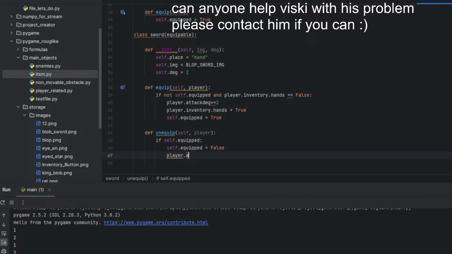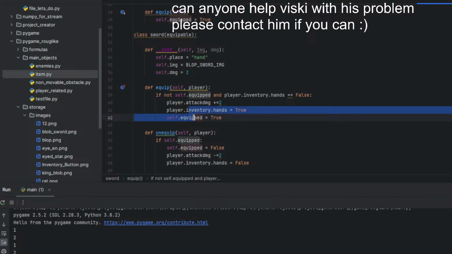Player.attack_damage minus equals 2. Player.inventory.hands equals false. Yes, something like this. Maybe I should use the same sync, because here we get first attack damage and here a second one, but I guess it doesn't matter really, to be honest.